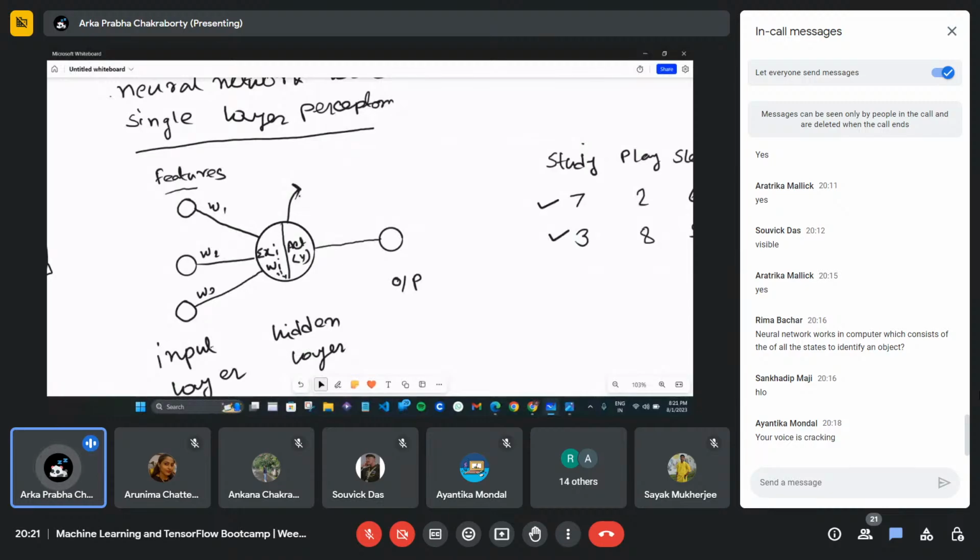If some hot object touches our skin, what will we do? We will just drop that object from our skin, right? So if the hot object touches that area, only the neurons of that area will be activated for that time, right?